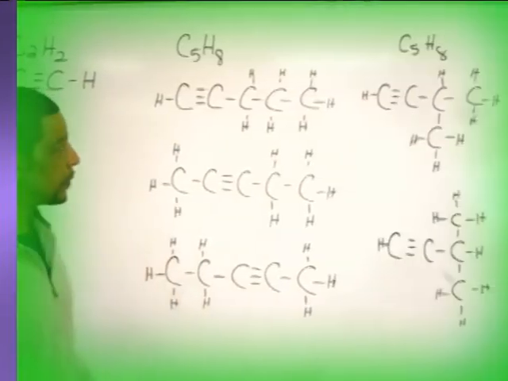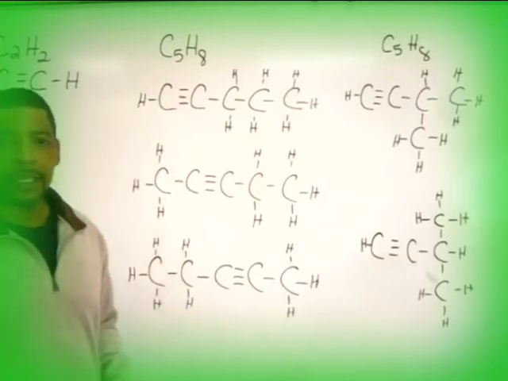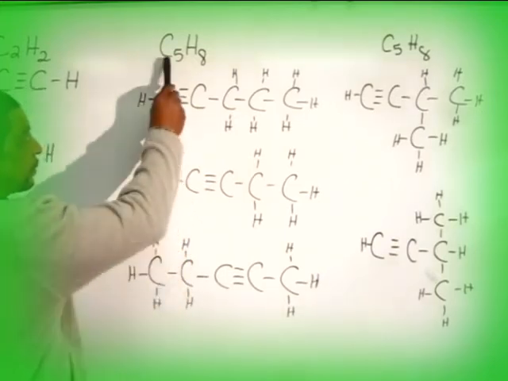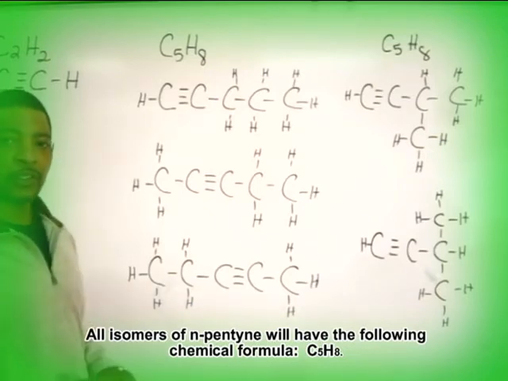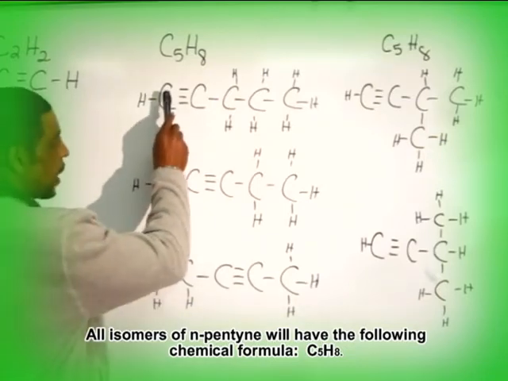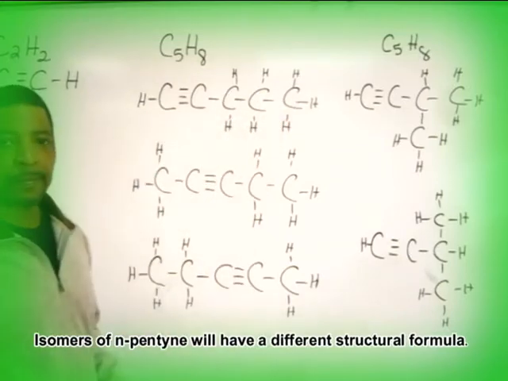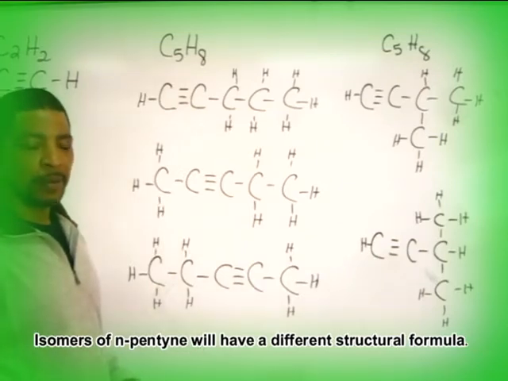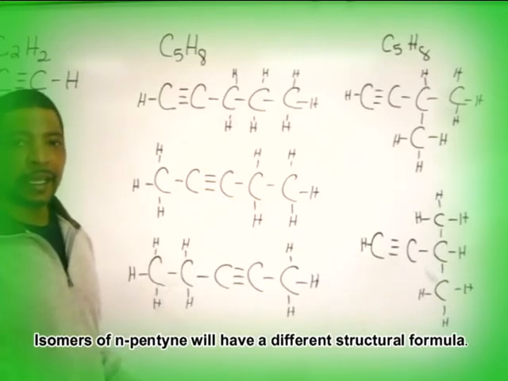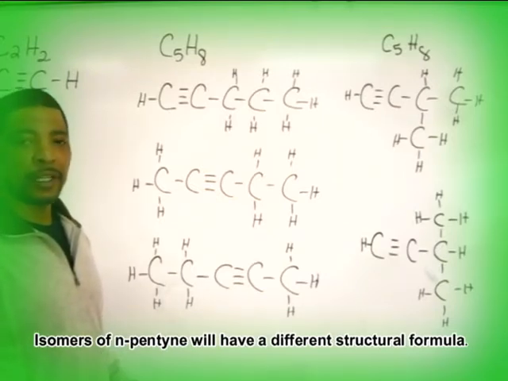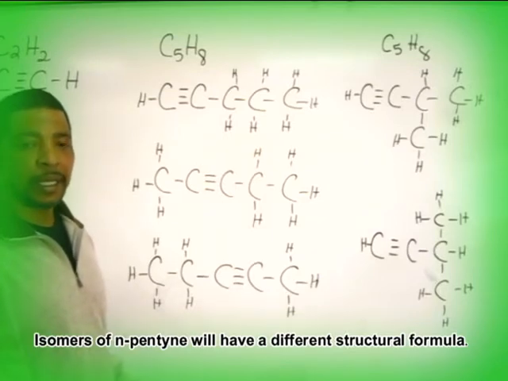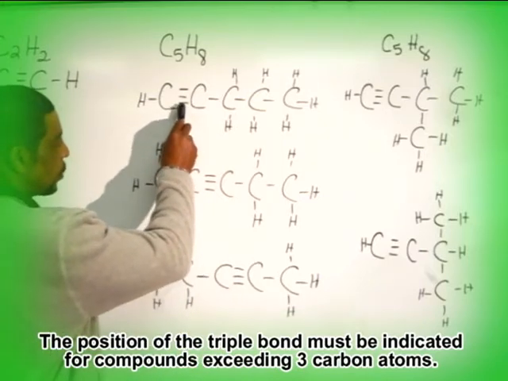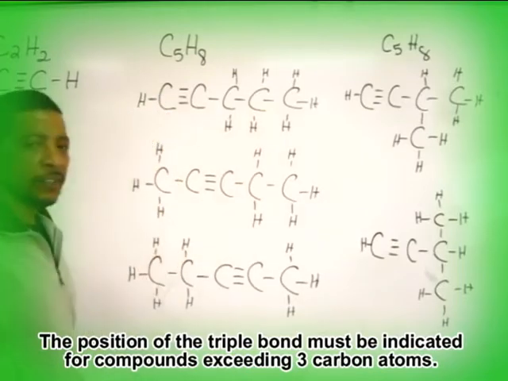The alkyne compound containing 5 carbon atoms is known as pentyne. The chemical formula for pentyne will be C5H8. The structural formula for the compound will contain 5 carbon atoms, where 2 of the carbons are connected via a triple bond. When naming alkyne compounds containing more than 3 carbon atoms, the position of the triple bond must be indicated. In the first example, the triple bond is located behind the terminal carbon on the left. The name of this compound will be